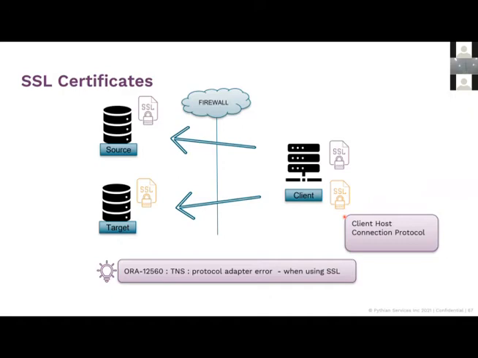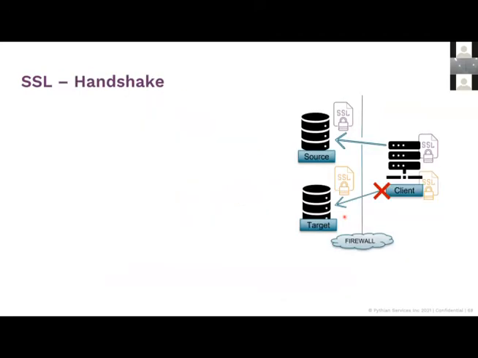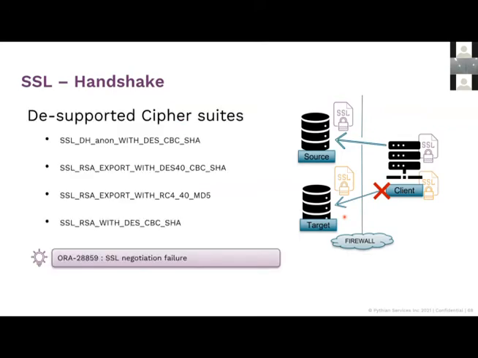Now, when I say client, it could be an application server, it could be any WebLogic server, any server that's hosting your application. You basically want to connect to your target after the migration is done. And in order to do so, what you want to know in addition to the client location is the protocol that the client uses. That is, is it using a secure protocol or not? Okay. And SSL handshake is something that it does when it has the client. So even if it has the versions, even if it has the certificates, the connectivity can still fail. Why? It can fail because, let's say in the older version, the list of cipher suites that were being used were different.